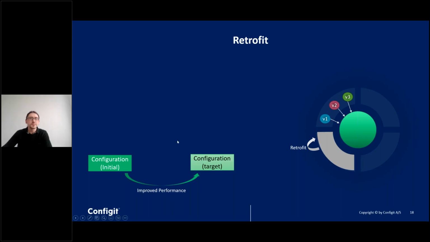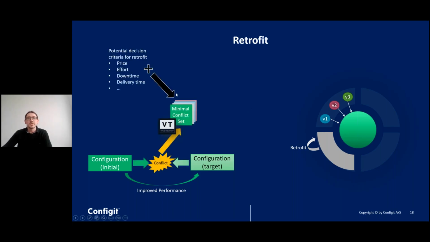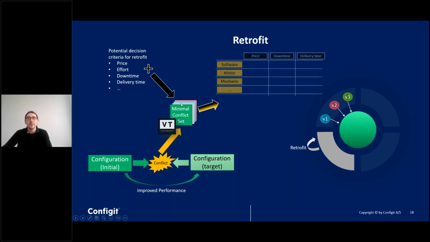So doing this change, we have the conflict, we have the minimal conflict set, so we can extend it with additional decision criteria, and we can now build a decision matrix for it. And this one can help us to understand, with our found options, which one is the best one to go forward with. And it's no surprise it's the software one, but if we remove that one, it could be that